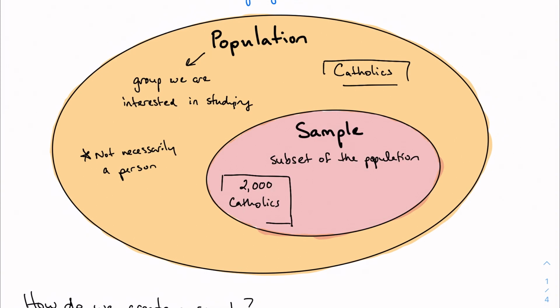And the big question we look at here is how do we actually come up with a sample of the population that is what we call a representative sample, something that fairly represents, unfortunately using the word in the definition, my population. I want to make sure this is a fair picture, a fair snapshot of my population.